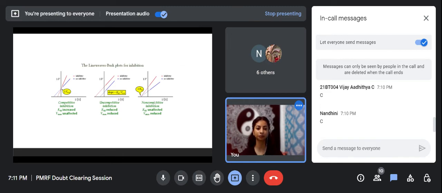And in non-competitive inhibition, you see that this sort of thing happens, right? Km is unaffected, while the slope and the intercept have both changed, and Vmax is reduced. Okay,